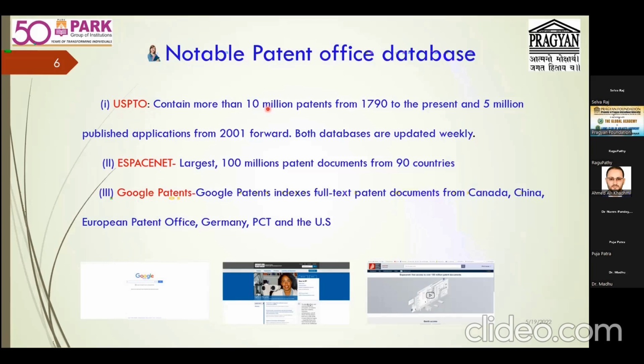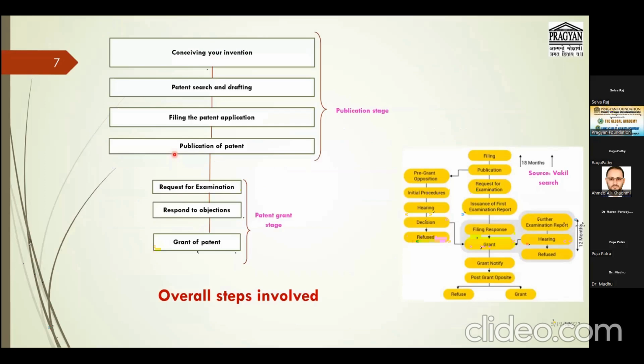For example, if today I apply for a patent at the US patent office, then next week my patent invention may be updated if it is published. If my patent publication is published today, within the next week it may be updated in this kind of database. So I can say all the notable patent databases mentioned here are open source. No need to pay anything. But when we go for commercial ones, it is very costly. In Indian rupees, I can say you have to pay more than 3 lakh. So don't go for that. You can go only for open source databases.